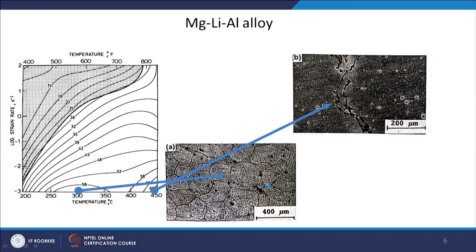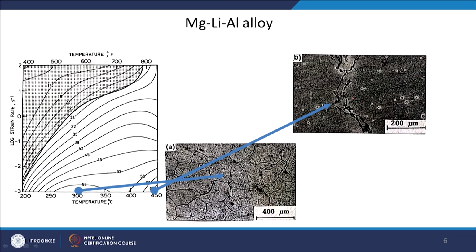Another example microstructure and how processing maps are validated. So, this is one region where you have high efficiency, again a very nice recrystallized equiaxed microstructure. Of course, grain size is large. This is again a magnesium lithium alloy. Whereas, if you see at higher temperatures, you can see some cracking at the grain boundary. Some void formation, voids must have nucleated and connected with each other, some cracking has taken place at the grain boundary.